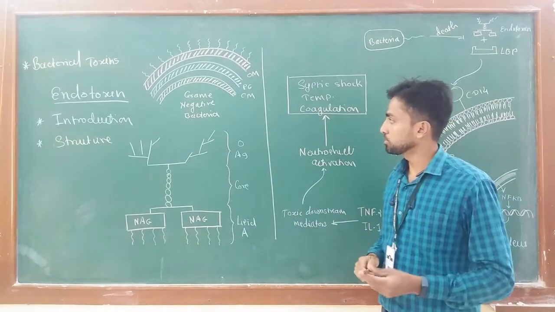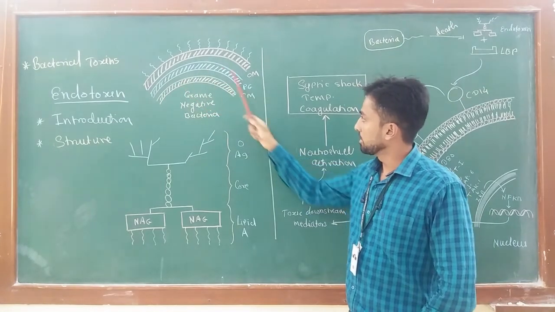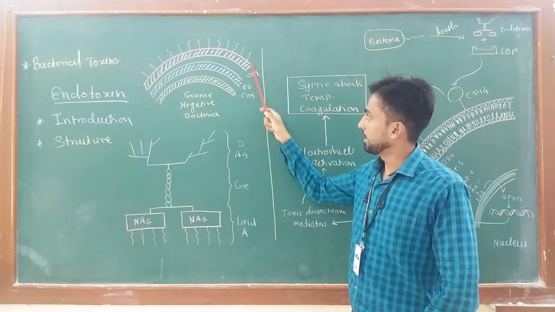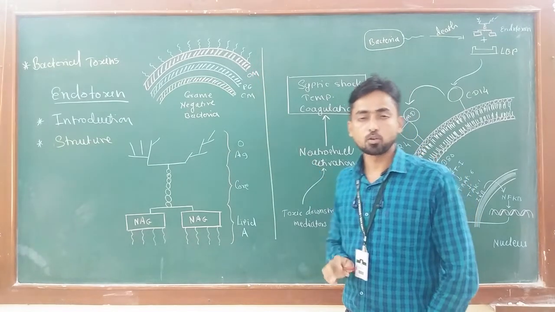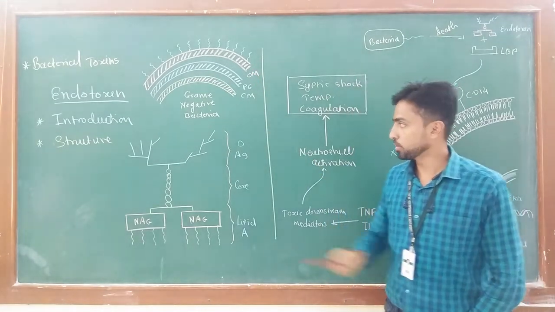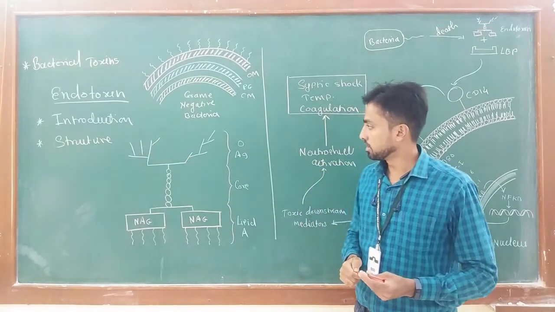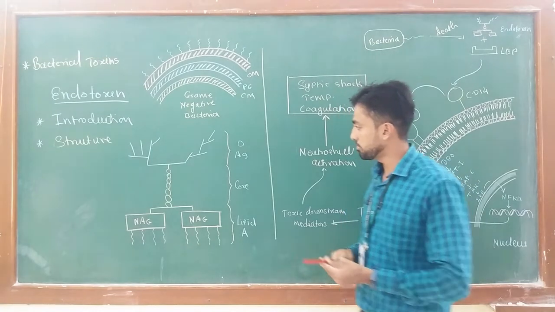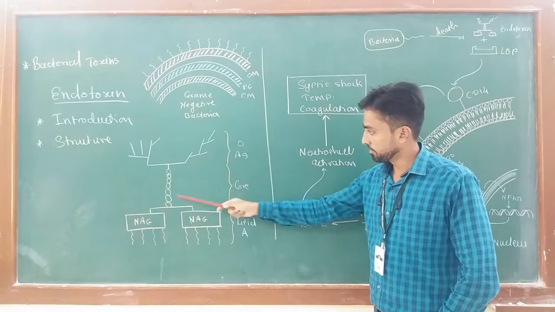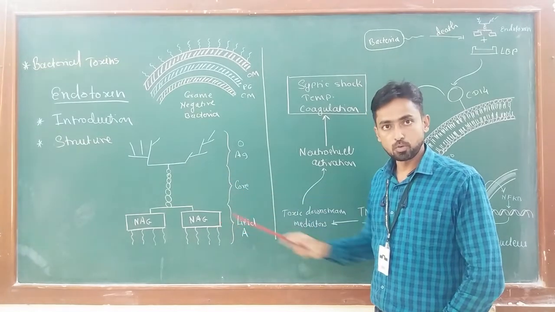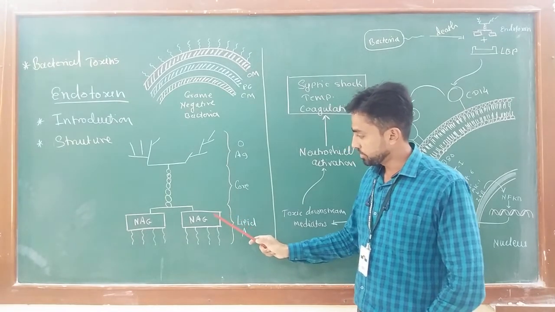First of all, we know that gram-negative bacteria have a cell membrane, a thin peptidoglycan layer and an outer membrane. This outer membrane is the site where endotoxins are generally present. First of all, we are going to see the structure of the endotoxins. The endotoxin generally has three important components: O antigen, core and lipid A molecule, out of which lipid A is the component which has